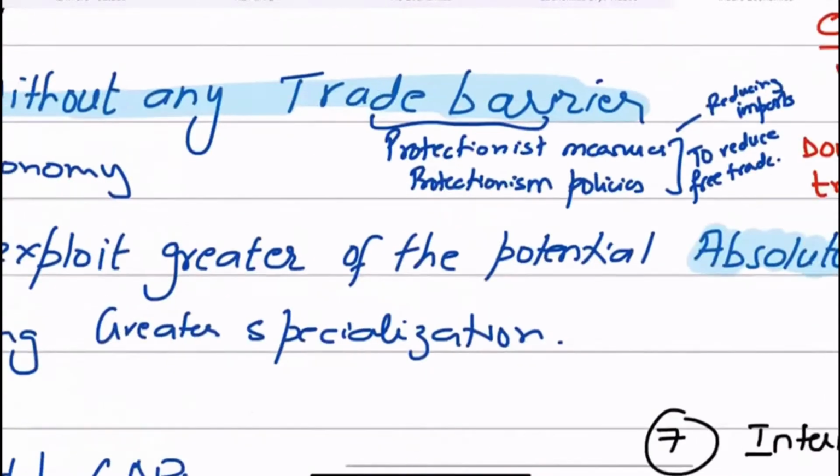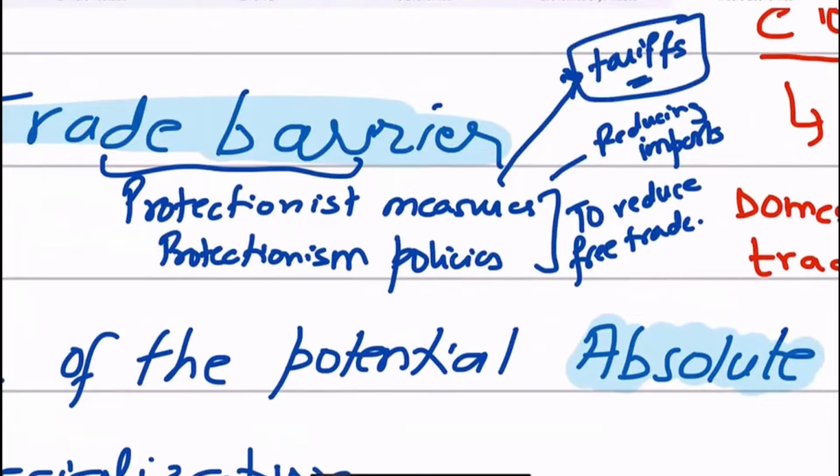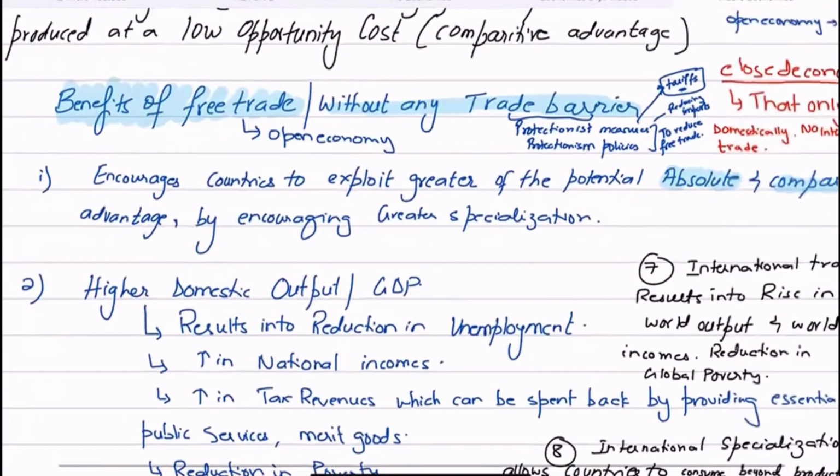One of the measures to reduce imports is imposing tariffs and custom duties. For example, Pakistan used to import a lot of cars from abroad, from Japan especially, and now huge duties have been imposed on that, which has increased the price of imports, reducing their quantities and reducing import expenditures for the country. There are various reasons why this protectionism is imposed. We will look into that later on. First, we are going through the benefits if there is no trade barrier, if there is no trade protection. If there is no trade protection, we're talking about an open economy.